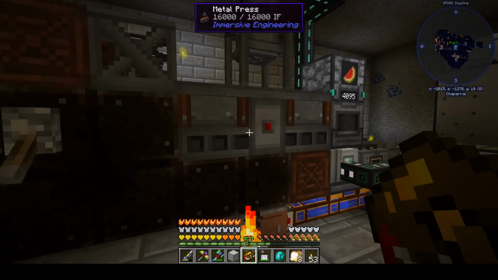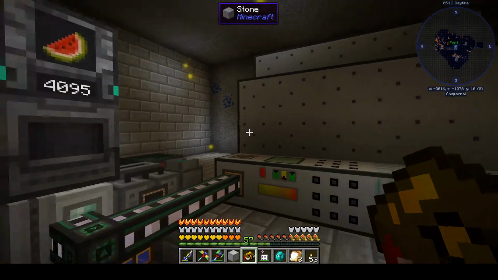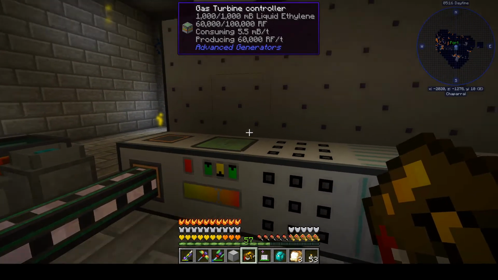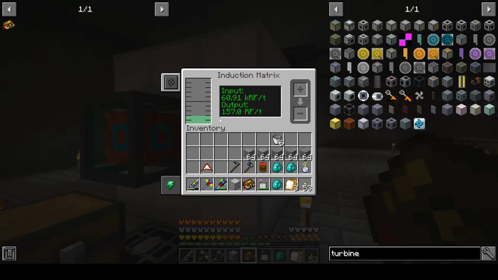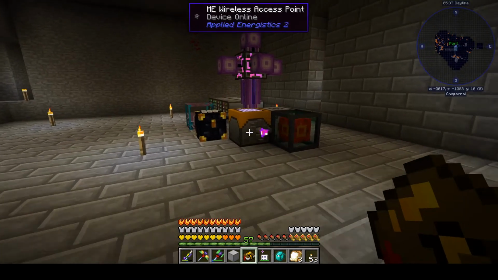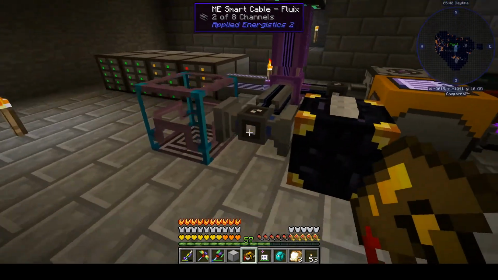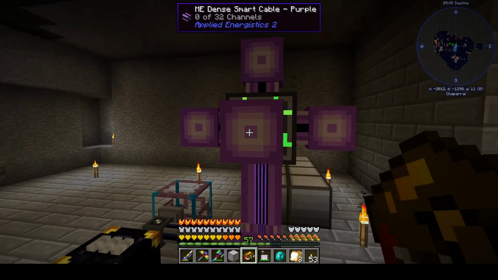We've now got apparently way more melons than we need, and way more biofuel than we need, thanks to this setup. We're currently generating 60,000 RF per tick, which is good. We are currently up over 4.5 billion RF stored, with the capability to go up to 25 billion. So that is good, especially since we're only using 157 RF per tick currently. But that will change. So I did already sort of map this out, set this up so that I could